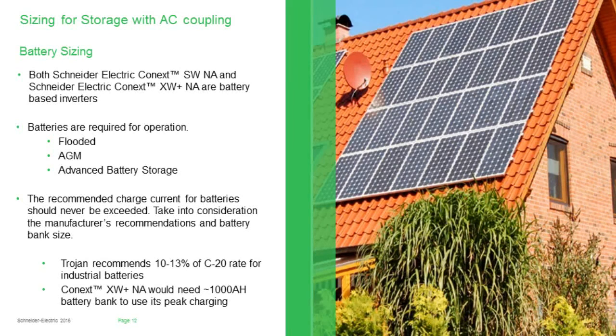As an example for Trojan, of course, they recommend 10 to 13% of the C20 rate for industrial batteries, meaning that really we're looking at a charge rate of about 5 hours to properly charge those batteries. And with the XW Plus, of course, we would need almost a 1,000 amp hour battery bank to use its peak